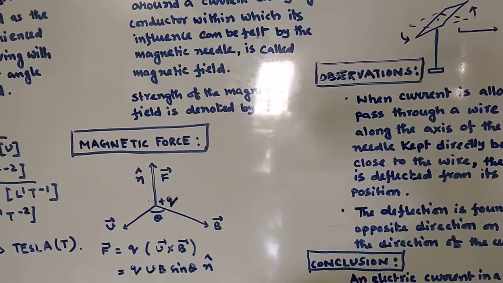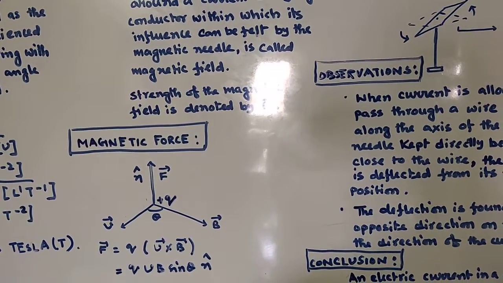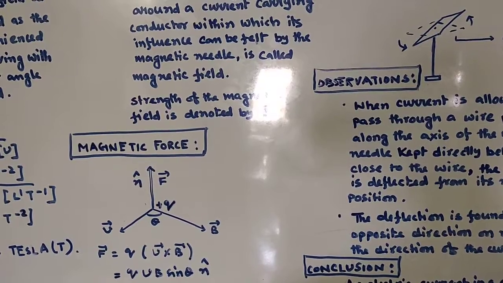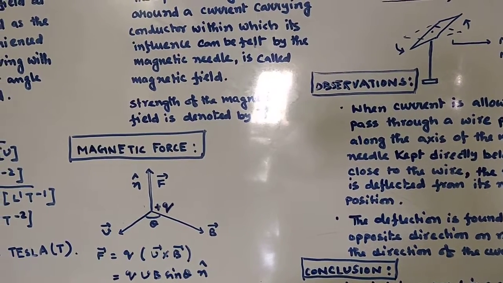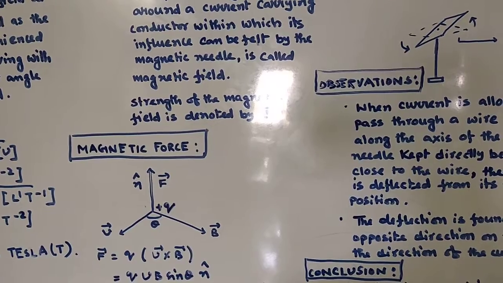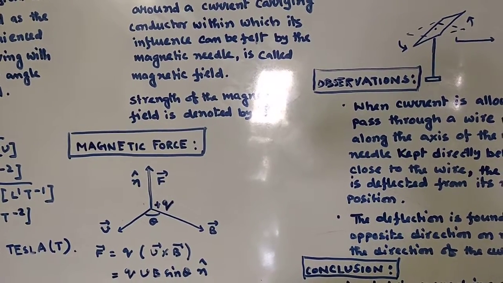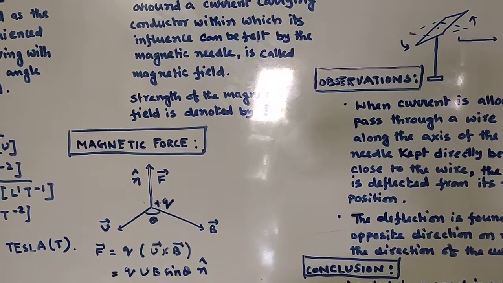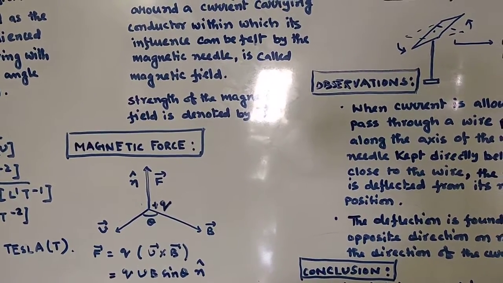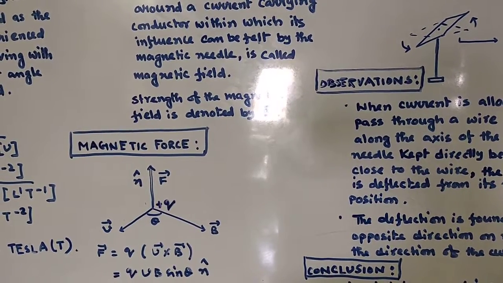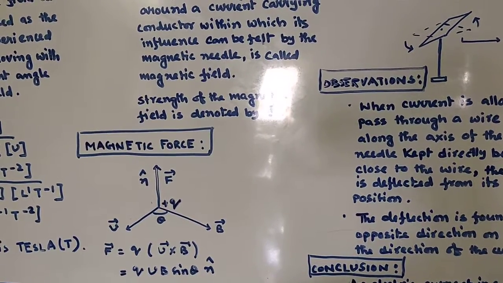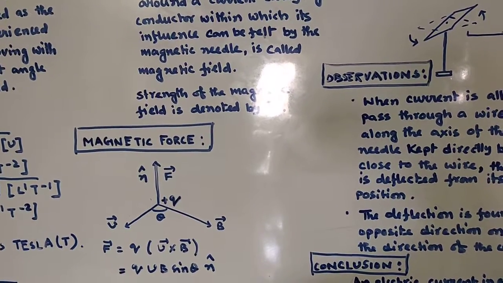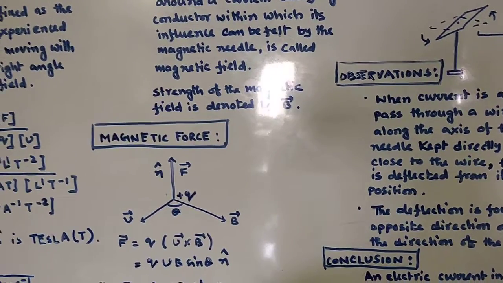So you see in this figure, a positive charge moves with a velocity v vector in a particular direction. Now the charge is moving, it means current, and as there is a current, there is a magnetic field. So there is a magnetic field due to the flow of charged particle, and there is already an existing magnetic field, that is your B vector. So the interaction between the two magnetic fields results in a force, and that force can be specified by F vector. Have you understood? Let me repeat once again.